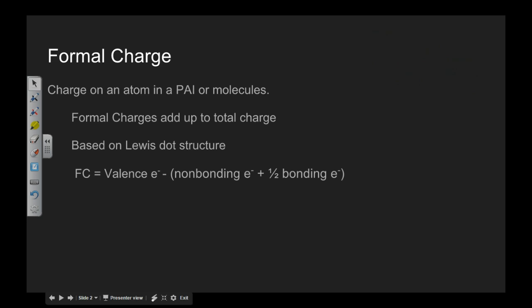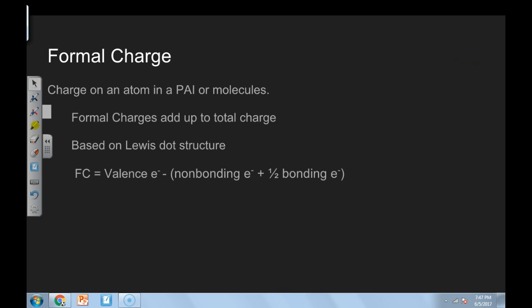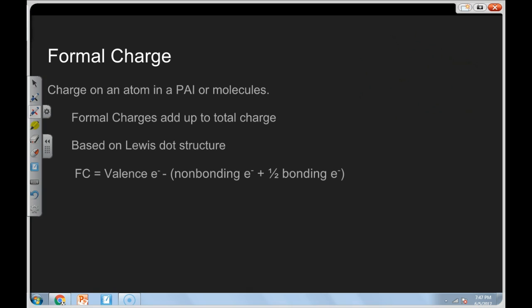But let's talk about formal charge. Formal charge is like the charge on an atom in a covalent compound. Now, I say that because, let's see if I can get my pen to work. There it goes. Okay, I say that because when we're dealing with this, we're not talking about